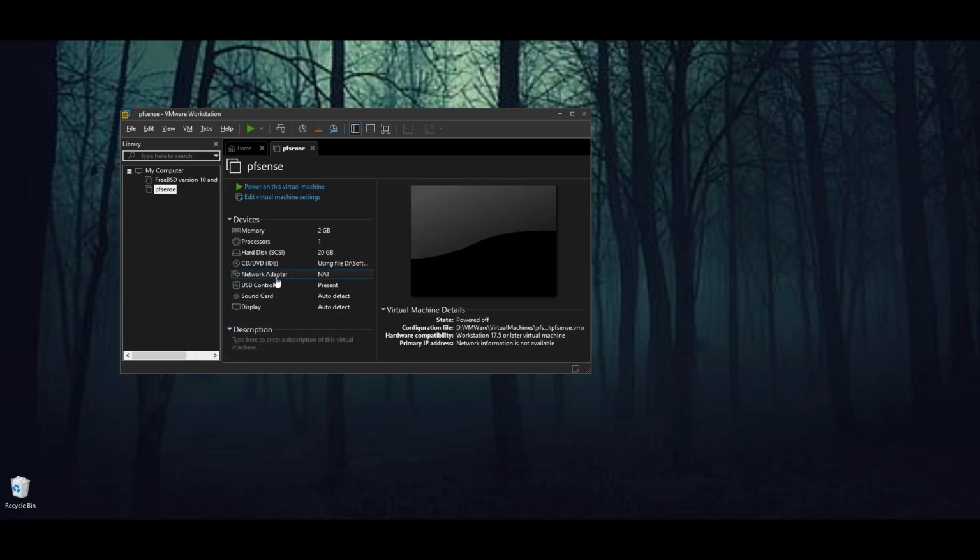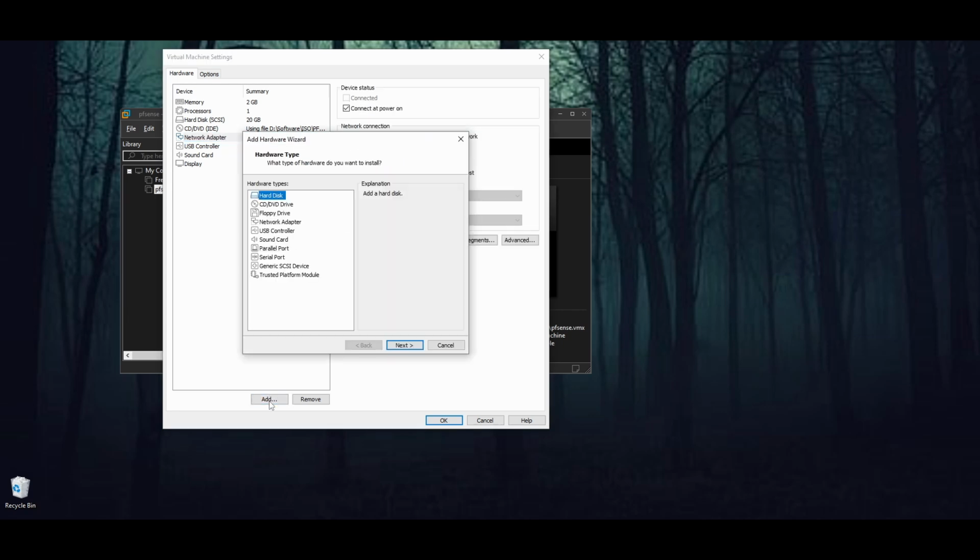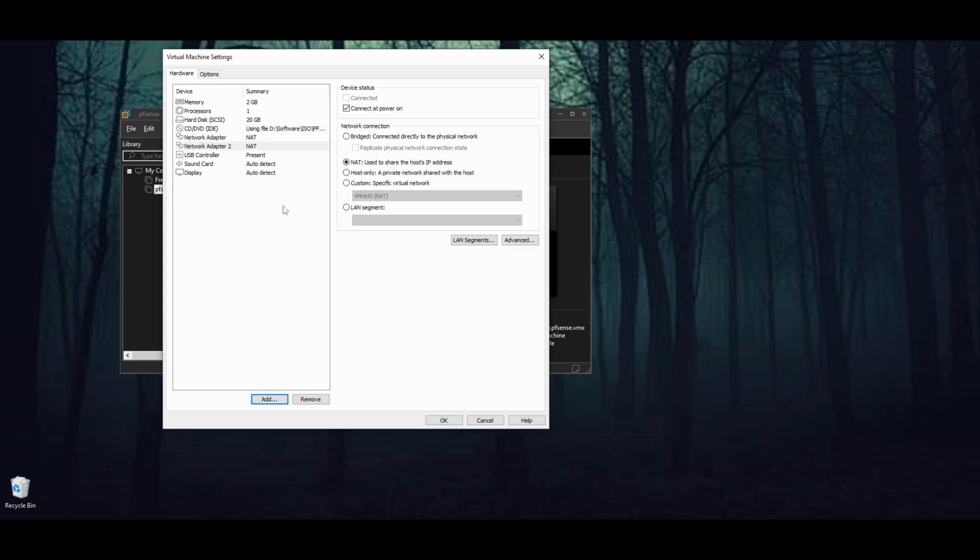Right, and then we've created the WAN and LAN there, so we need to create 2 adapters as well. So what do we have here? Network adapter NAT, that's already created obviously, so you need to create another one. Add network adapter. If you see NAT, you need to change this one to